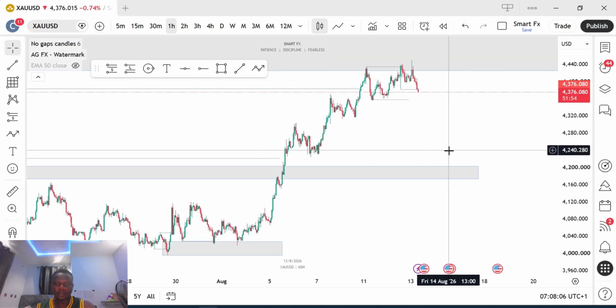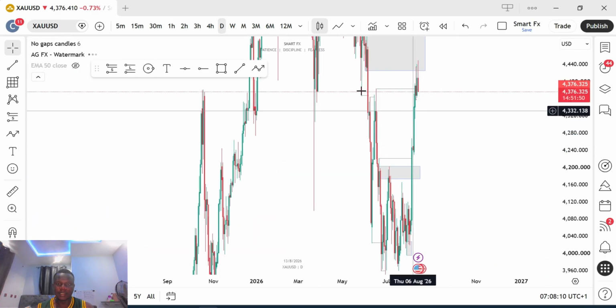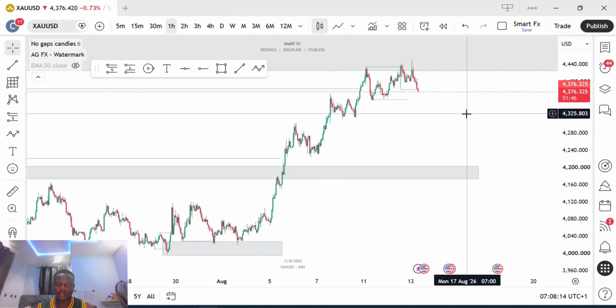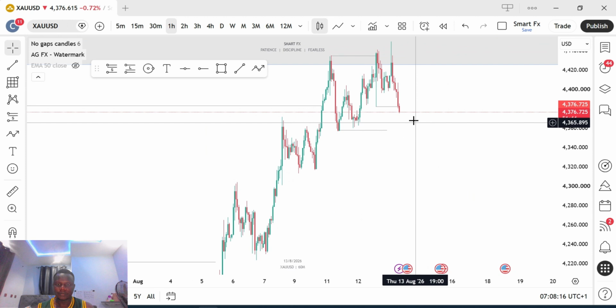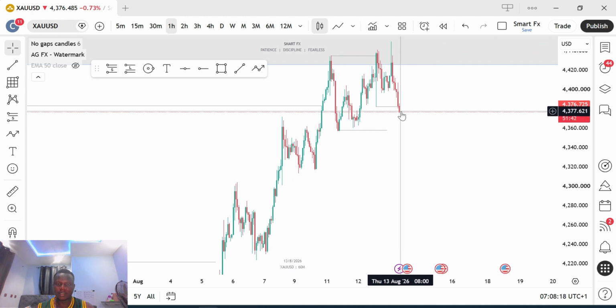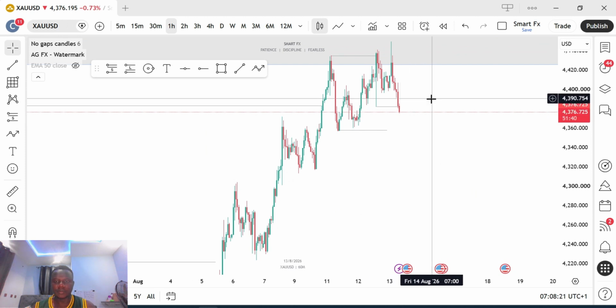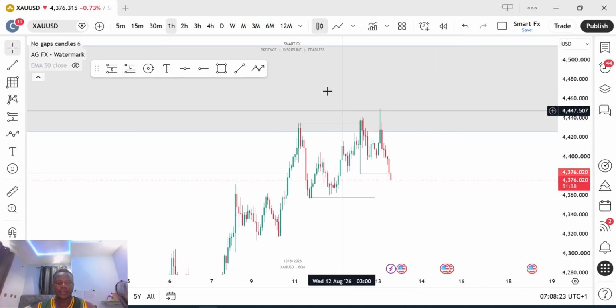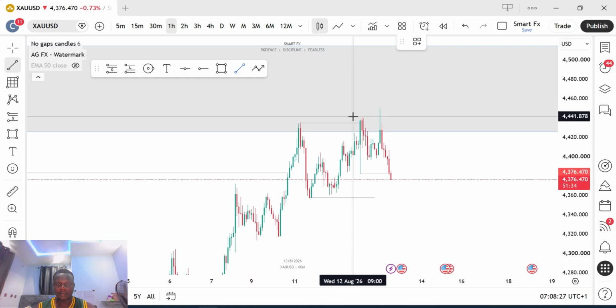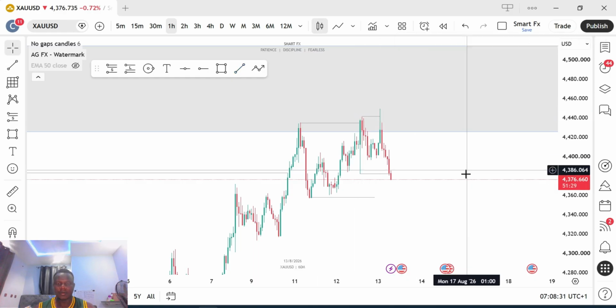All of them. Gold, the same thing. Gold traded into this daily time frame order block, and it's trying to give us a market structure shift. So if this candle closes like this, that means it has given us a market structure shift. Then we'll be waiting for inducement to enter the trade. So that's what I'm waiting for on gold.